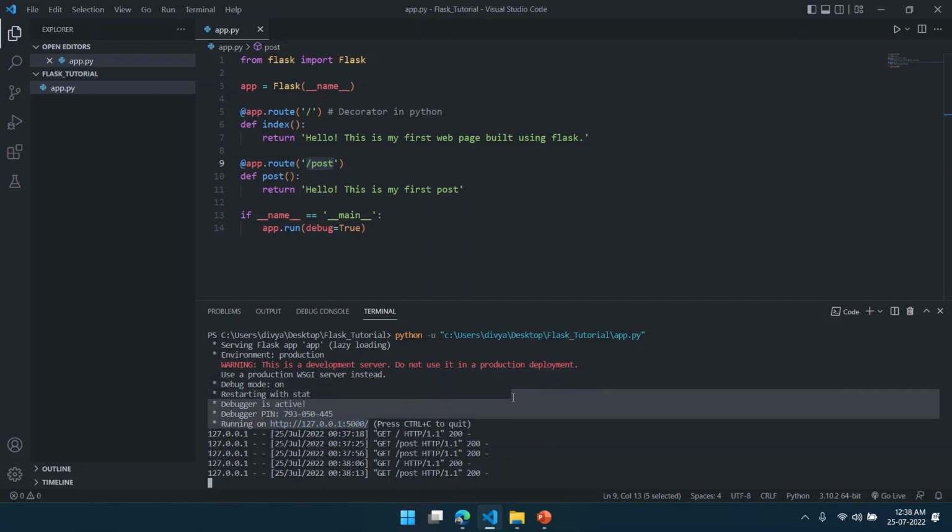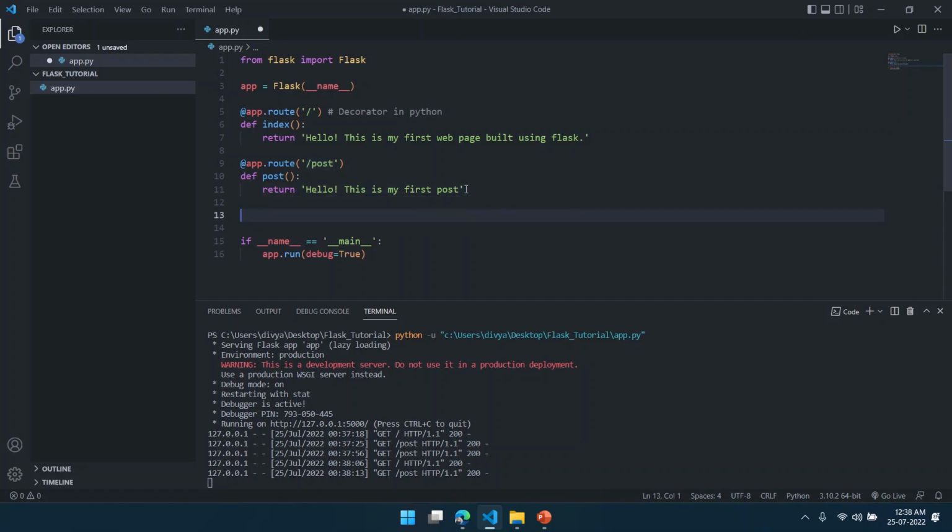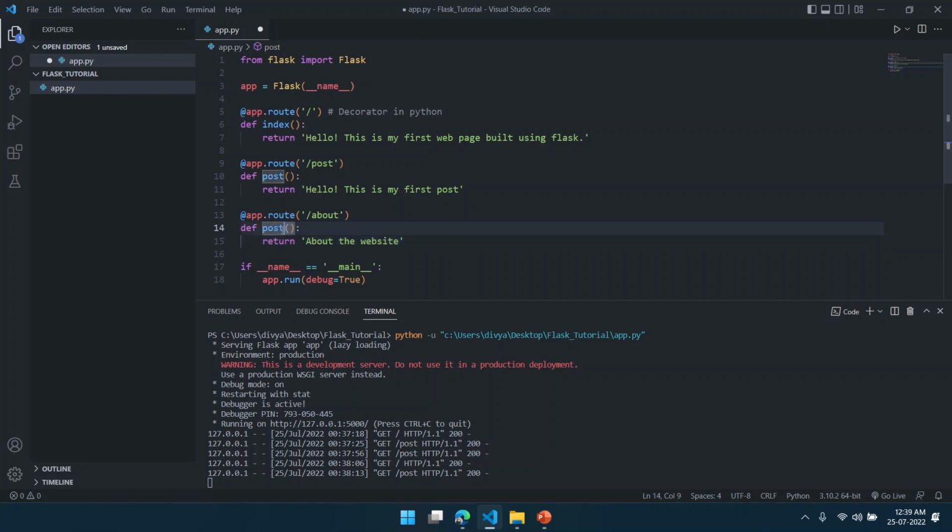URL, this function post will get executed. So I can take anything, like let's copy this function and then here paste it, and just write about, and here it will tell about the website. And we should change this function name, because the function names should not coincide with each other in the